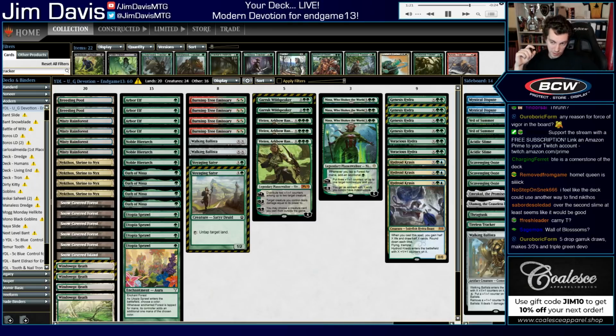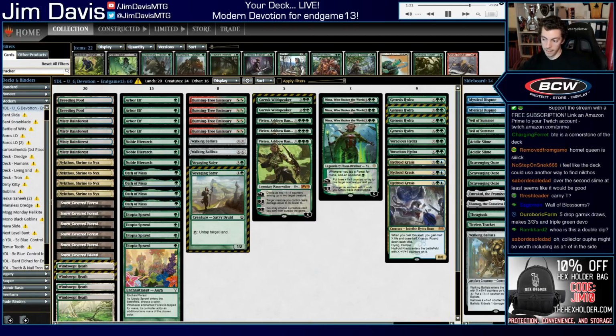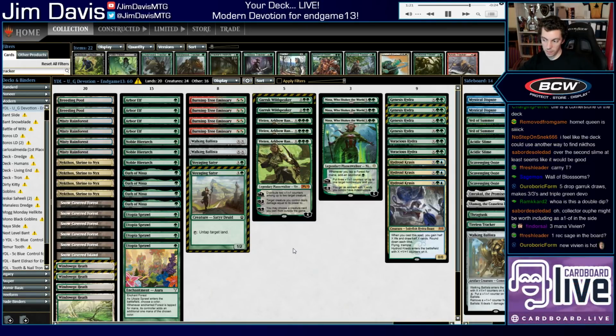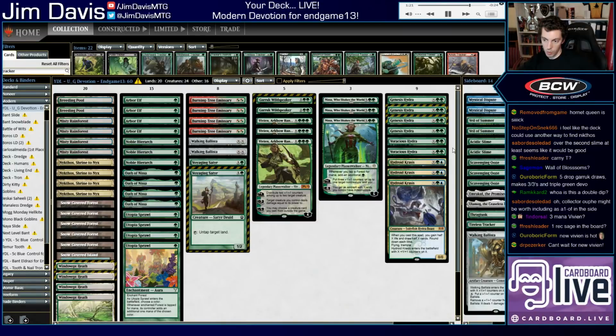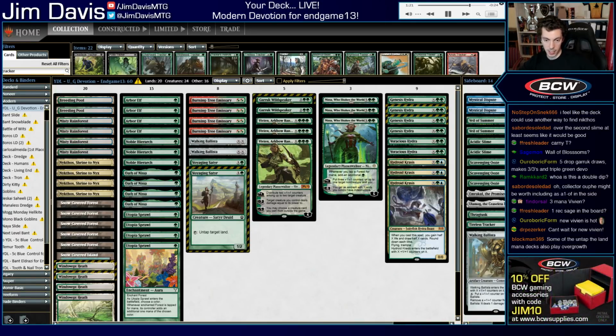Also, the new Vivien's going to be really good in this deck. New Vivien's pretty awesome. So that's also a possibility once the new set comes out. Collector Ouphe. It's not bad. We have Slimes at a Rec Sage, I suppose. Yeah, Overgrowth is okay. I get it's only if you're going really, really big, but